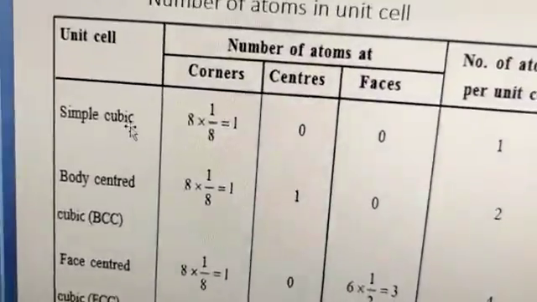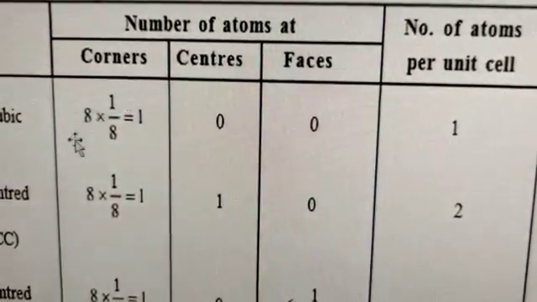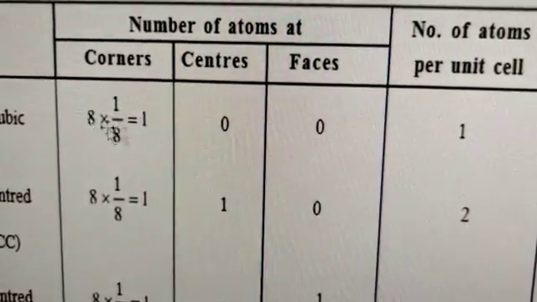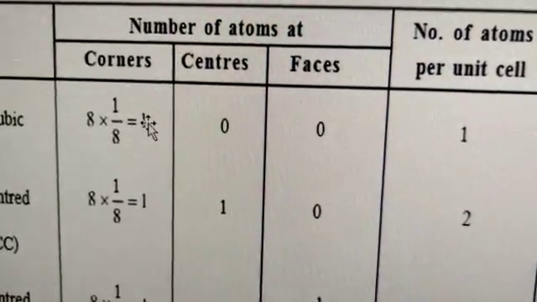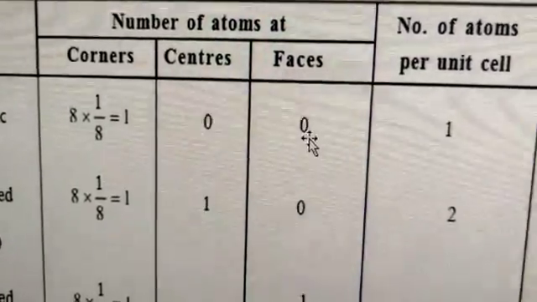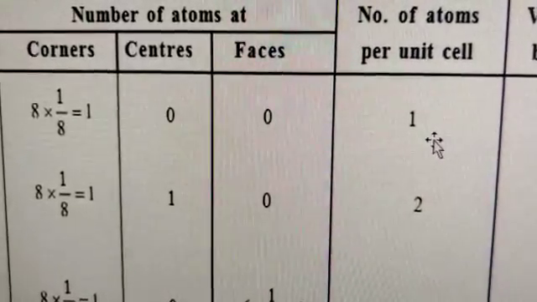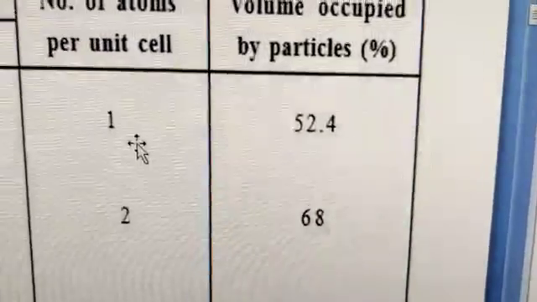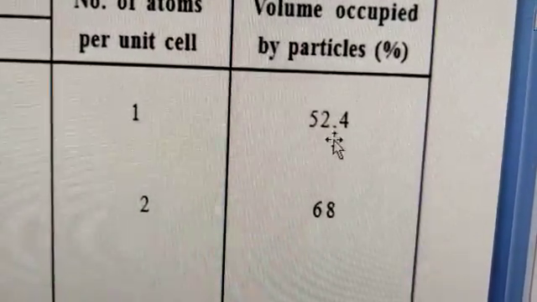Now see, in the case of simple cubic, 8 atoms are placed at the 8 corners. So the 1/8 part is occupied by these 8 atoms, and you are getting the total number of atoms equal to 1. On the center and on the face, it is having 0 atoms. So the number of atoms per unit cell is equal to 1, and the volume which is occupied by a particle is